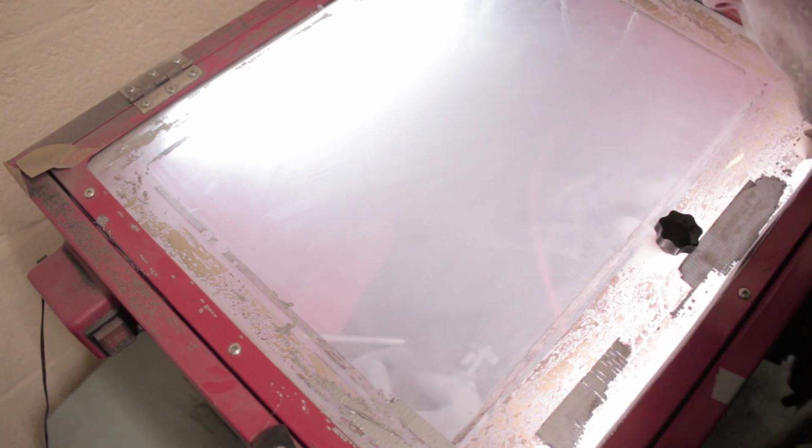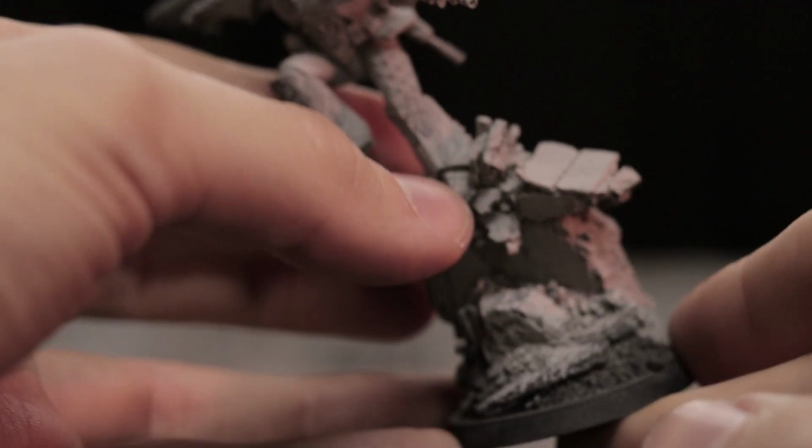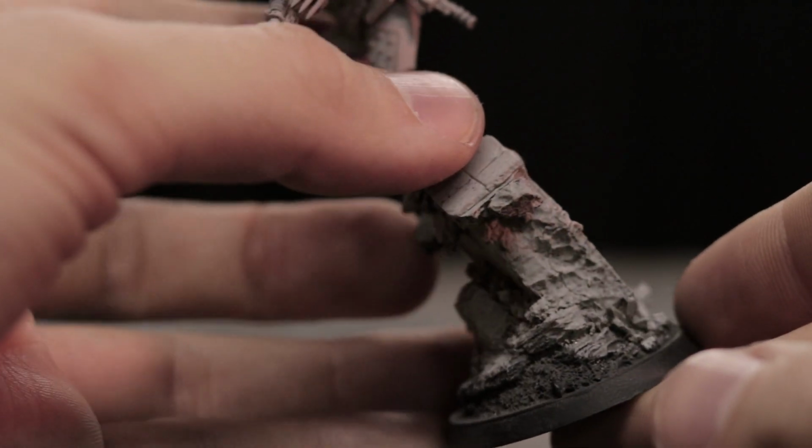We've gone back to normal time. I've finished with the model. I'll bring him up and I'll show you how he looks. So I think he now looks awesome. The base is completely clear. It's completely stripped. I could have gone in again a little bit more, maybe just to